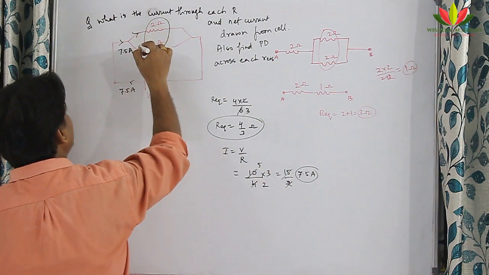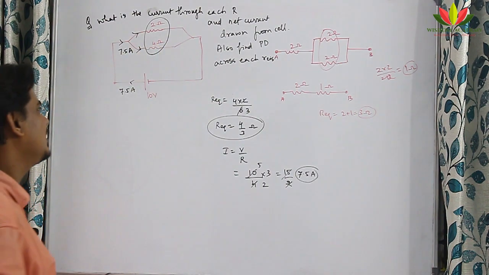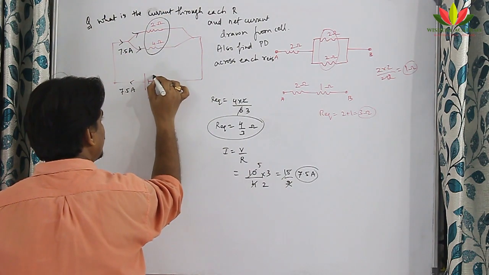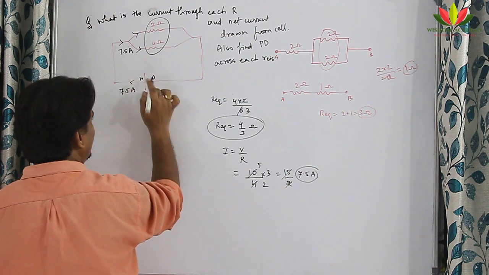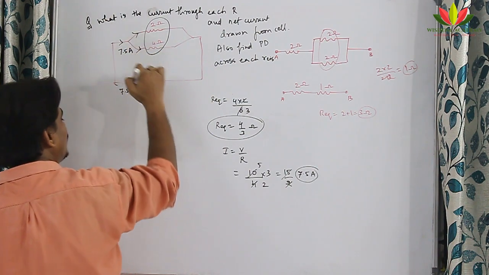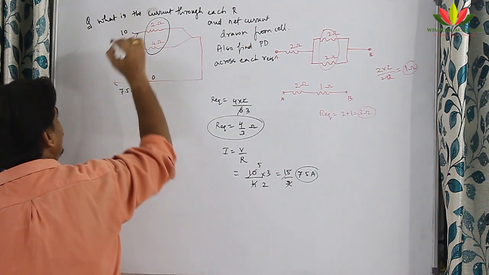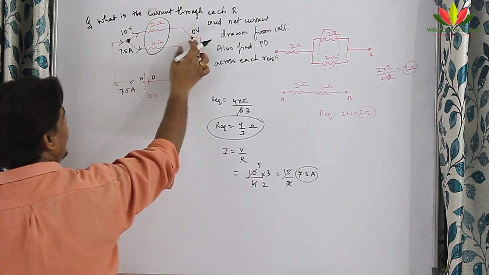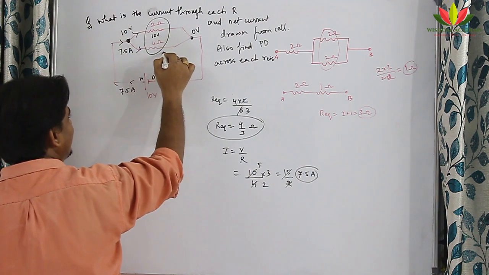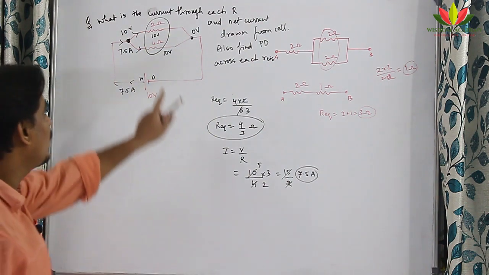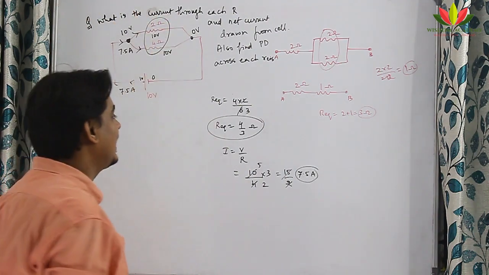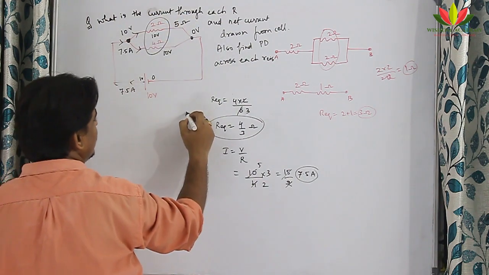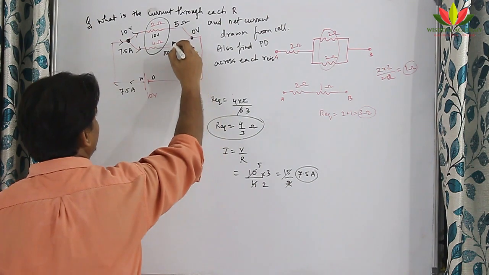So what would be the current going in each branch? We can find it very easily. If this is 10 volt, and you assume this to be 0 volt, then from here to here there is no other device. So this point will have 10 volt as the potential, and this point will have 0 volt. So what is the potential difference across this and this? 10 volt. So each branch will have a 10 volt potential difference. When we know V and we know R, we can find I. I is equal to V by R. 10 by 2, that is 5 ampere. And what is 10 by 4? 10 by 4, 2 to the 4, 2 5s are 10, that is 2.5 ampere.